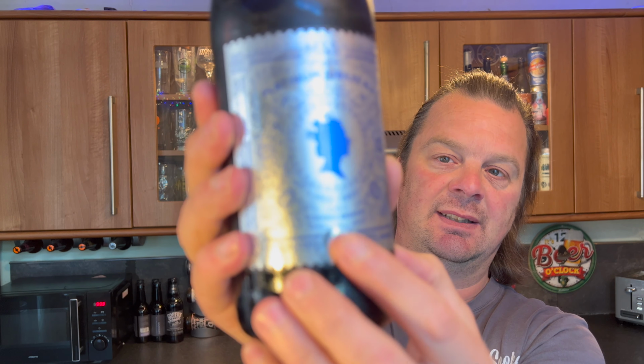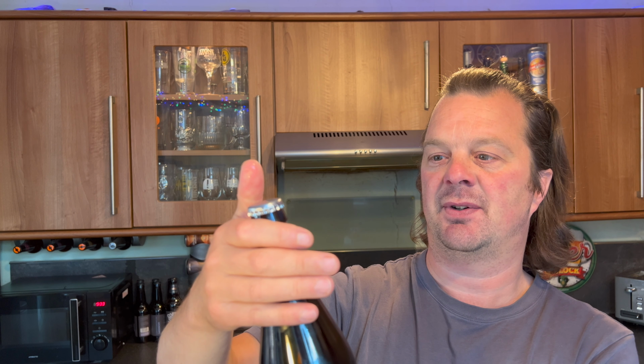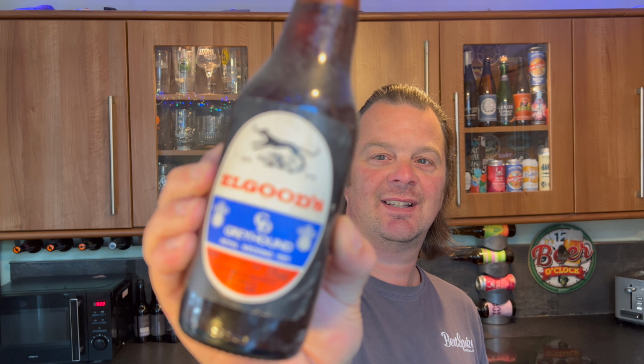The reason I can prove it is Elgoods Brewery here brewed the beer in 2022, Sovereign single hop variety. And I was in a flea market a few months ago and I picked up Elgoods Greyhound Royal Wedding Ale from 1981. 275 milliliter bottle from the same brewery. So this brewery, the only difference between the two beers, this bottle's a lot dustier for a start, is